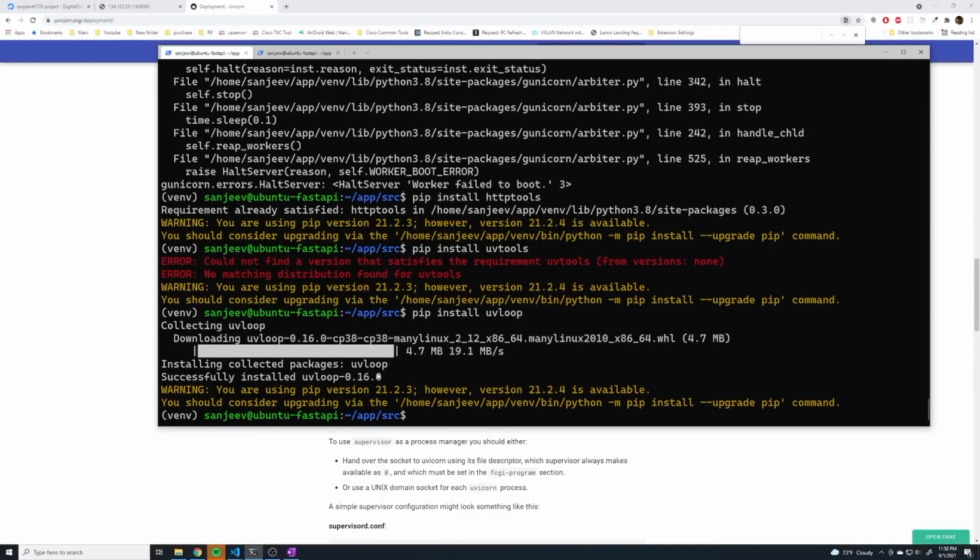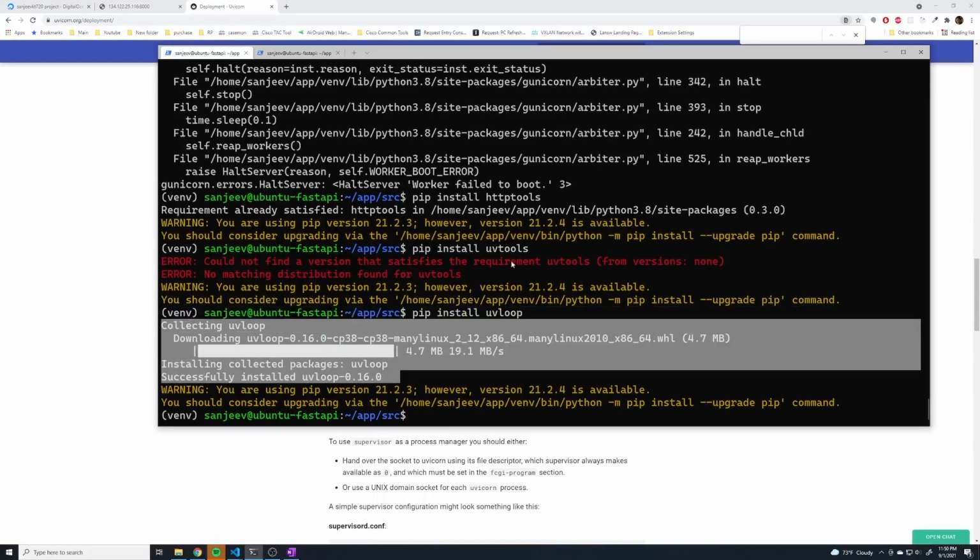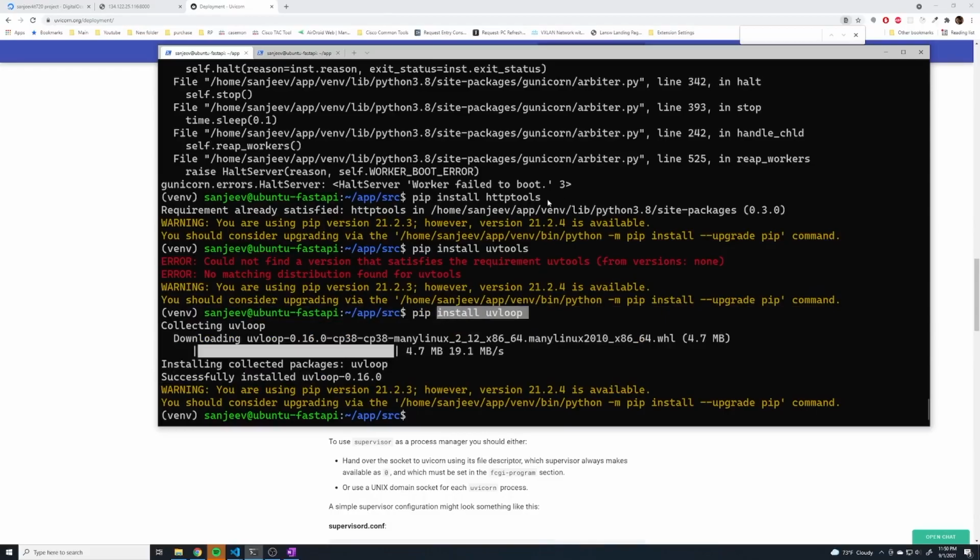All right, and so now it's successful. So not UV tools, UV loop. I guess I got it mixed up with HTTP tools. And so you can go ahead and, if you actually wanted to, if you did a pip freeze,